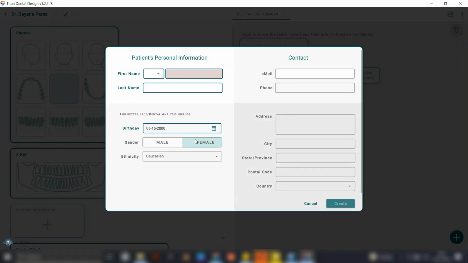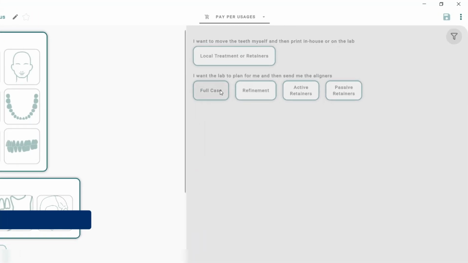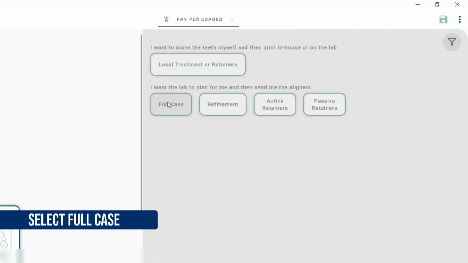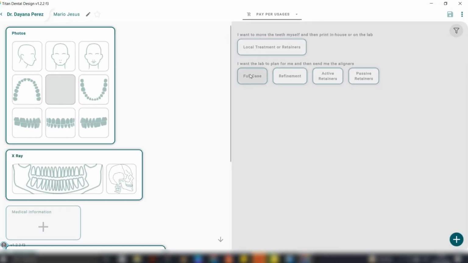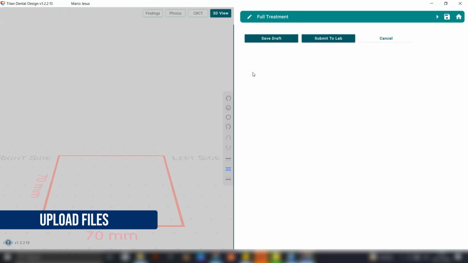This will be the profile, where we will store all the information necessary to send the case. Within the patient profile, you will see a button called Full Case. This button allows you to send the completed case to the Titan Lab for planning. When you select Full Case, a window opens where you must upload the following elements: